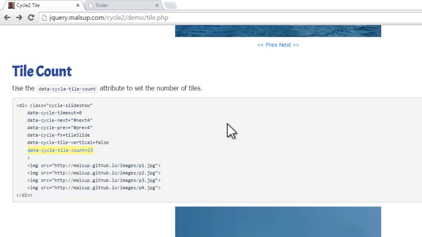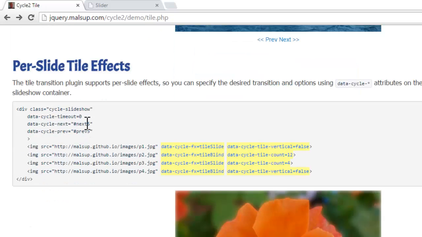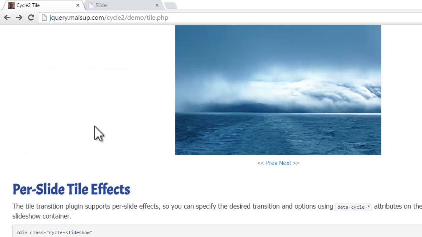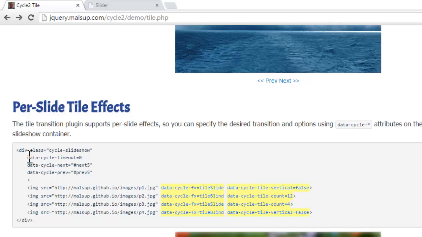As you might be aware, with this rule, one ID can be used only one time in a single document. So again and again they are changing the ID as next1, next2, next3, next4, next5 likewise. So let's copy this